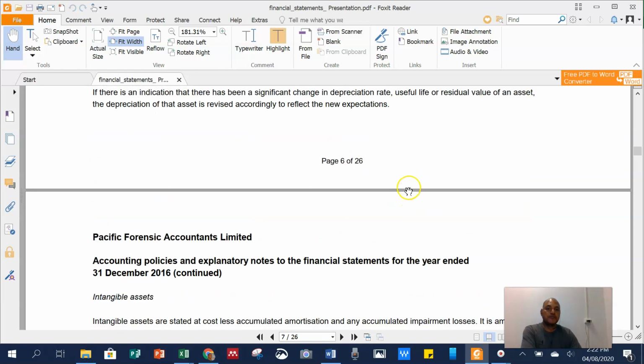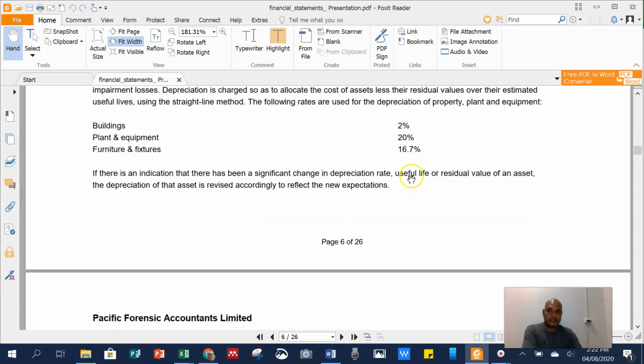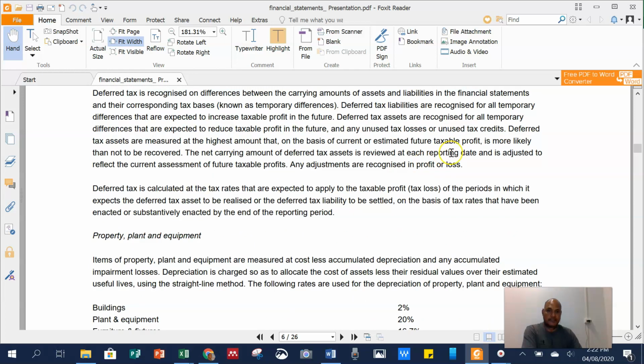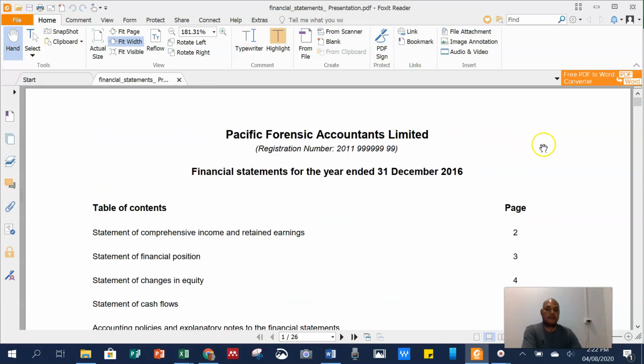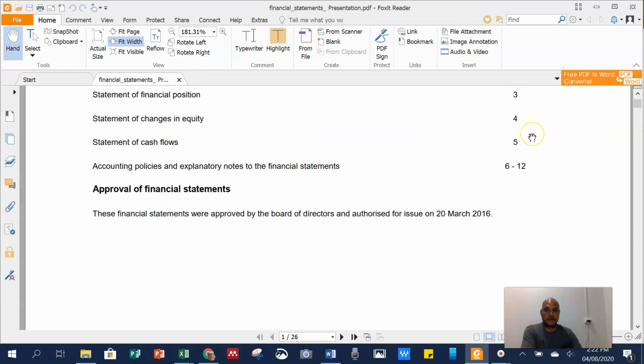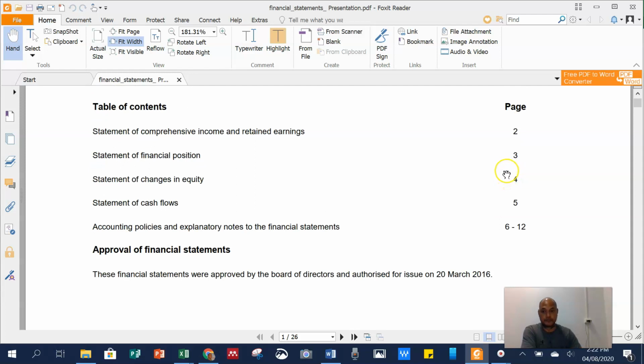So this PDF here is an example of such an unadjusted trial balance. We input that into an adjusted trial balance in a separate spreadsheet, which I will explain. And then from there, we're going to generate a sort of report, which is called